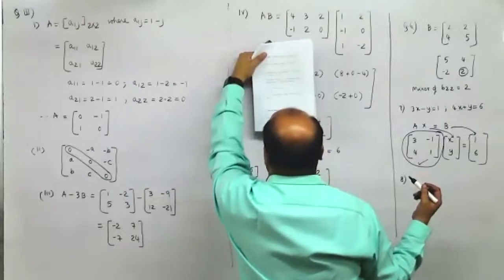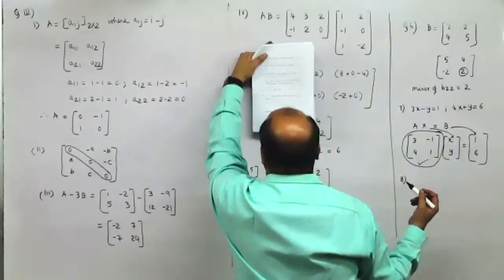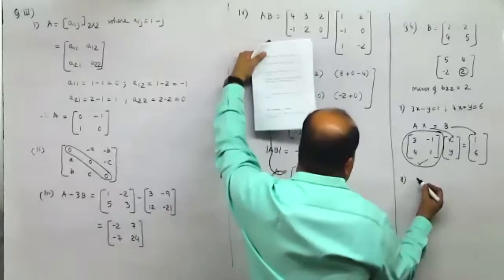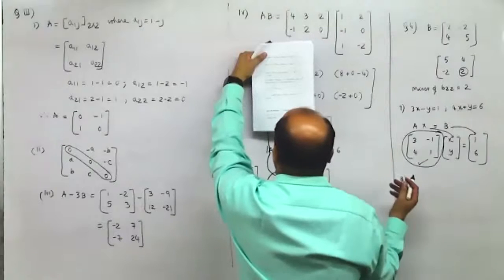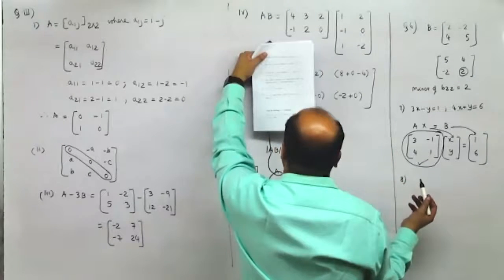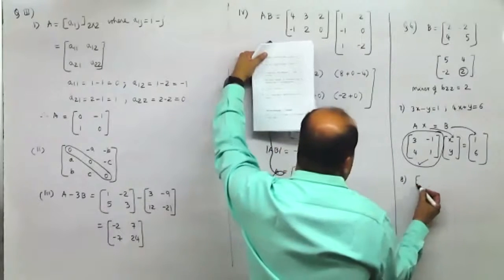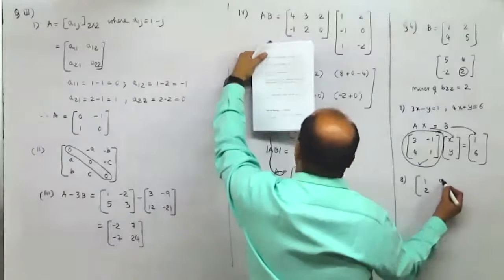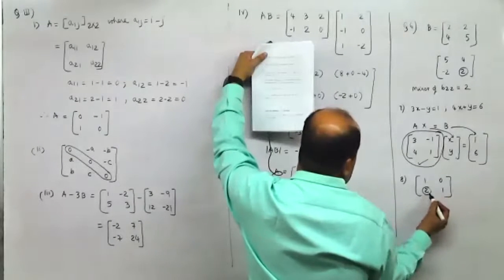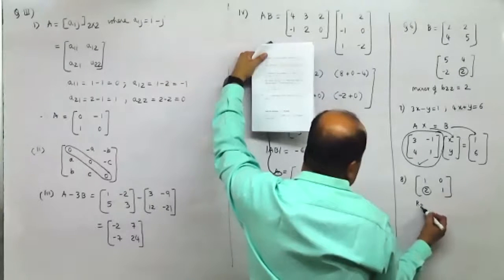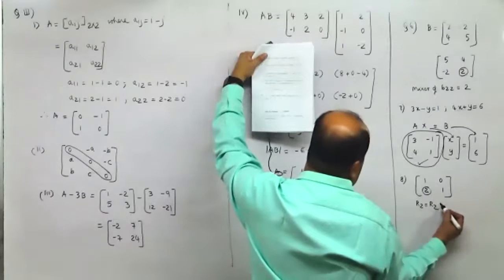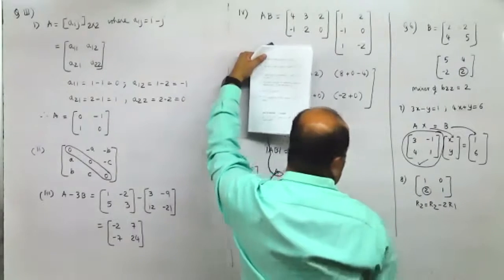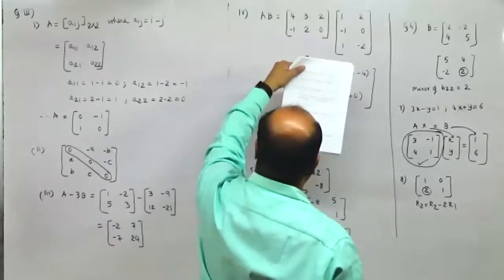Are you still wondering what it is? No, sir. Okay. Now the suitable elementary row transformation. Here you just need to make that second row, first column 0. And how do you make this second row, first column 0 using this? So R2 is equal to, you'll write R2, this is 2, so you'll write minus 2 times R1. Sir, it's correct.